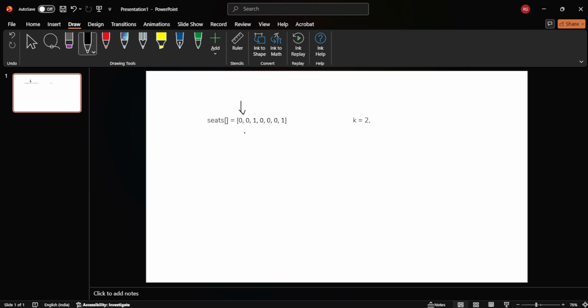So we will check if this index element does not contain 1 and its adjacent element also does not contain 1. As this index's value is 0 and there is no adjacent element that contains 1, we will increment our counter and mark it by 1, and we will move the pointer